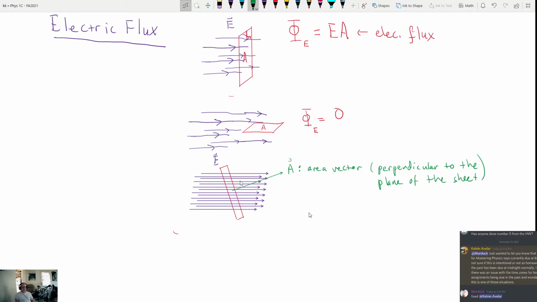So, suppose that I have this situation where the electric field lines are like this and the area is like this, so that they make an angle here that's equal to theta. That is to say that my field lines point this way, right? My area vector points this way, and the angle between them I'm calling theta. Then the flux in this scenario, and this is the more general version, is going to be equal to the dot product of the electric field with the area vector, because you basically want the projection of that field onto